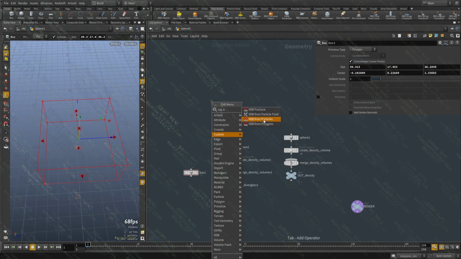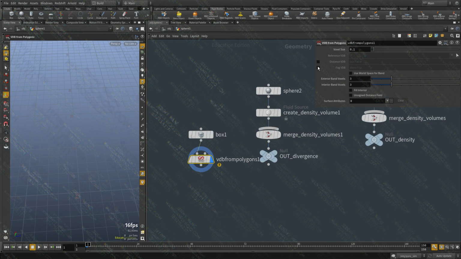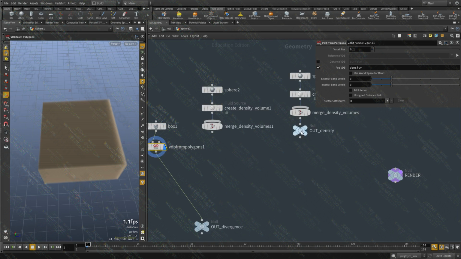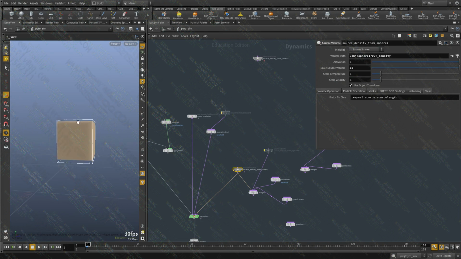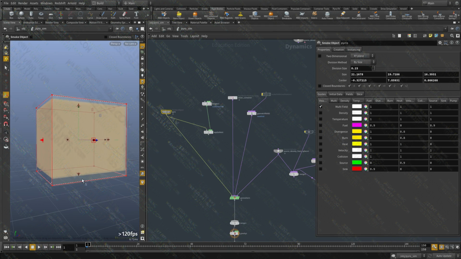And VDB from polygon that. Just need a full volume, and it's full of density. Okay, actually not divergence, this guy. Let's go to the sim. Okay, we have a box filled in with smoke,